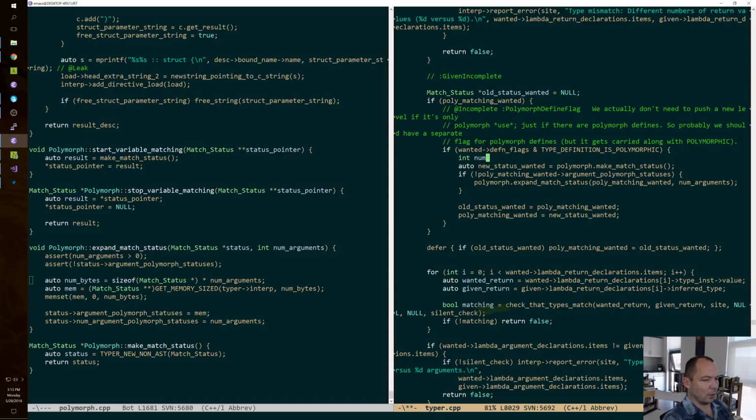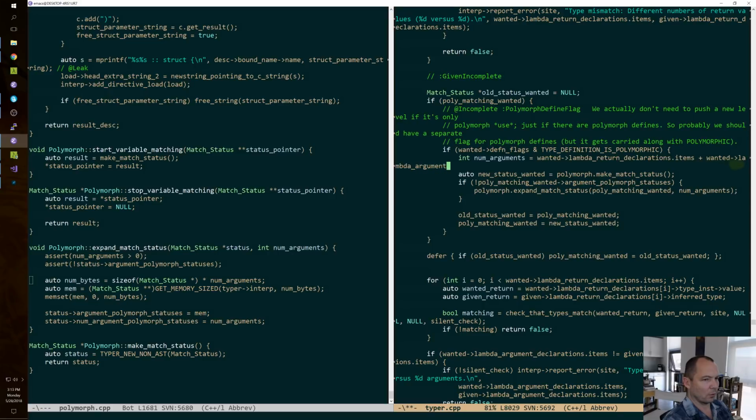Okay, int num arguments equals wanted lambda return declarations.items plus wanted lambda argument declarations.items. Let's put the arguments before the returns, because that's how we're going to order them in the data, and there's no need to be confusing about these things. Okay, so we've got some arguments. We need that many sub things. We've got a new thing. Now we need to put the new thing in the slot according to